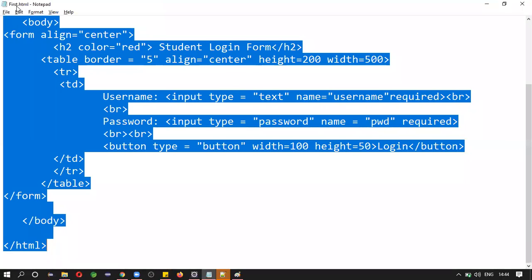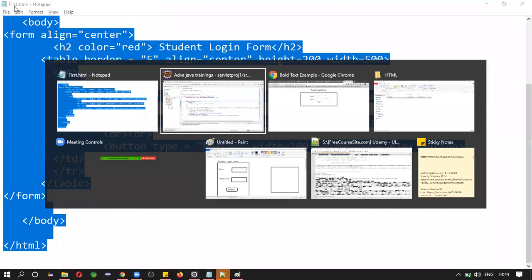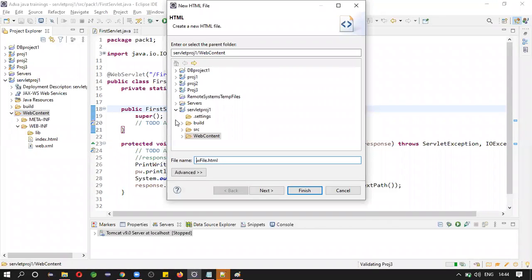Here I took it as first.html, so let us change that to Login.html. Click on finish.